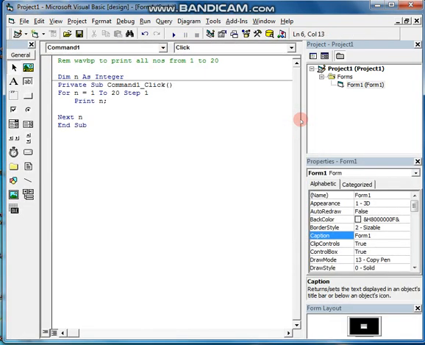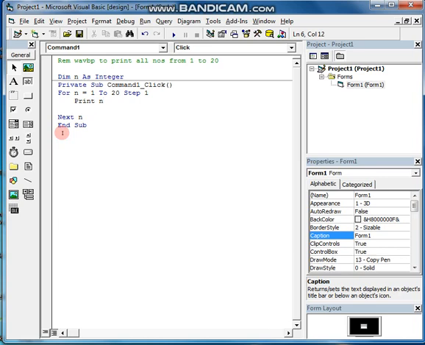Putting a semicolon, it prints the next print statement at the right side of the previous printed statement. And if you don't give the semicolon, then it will print to the next line. That is the difference between Print with semicolon and simple Print.